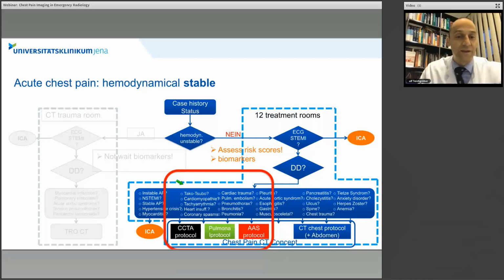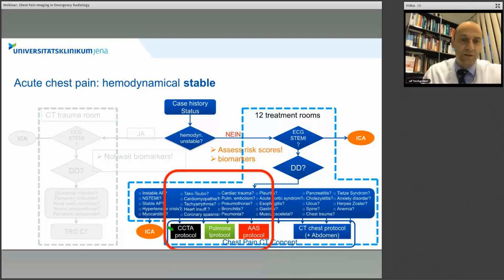And you have the dedicated coronary CT protocol, which is here in black, meaning also that in these stable patients with no elevated enzymes and are mainly going for coronary heart disease and no acute